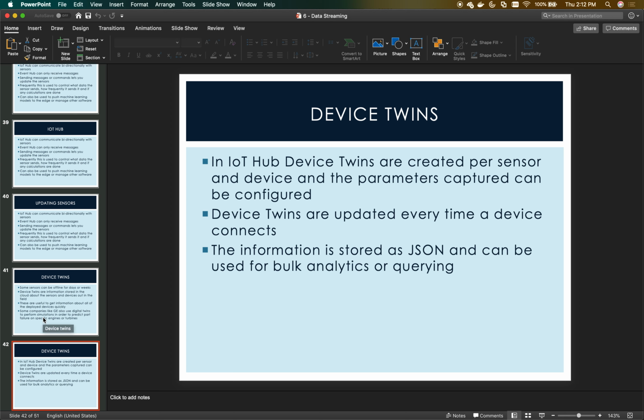In IoT Hub, device twins are created per sensor and device, and the parameters captured can be configured. And so basically IoT Hub does create this digital twin or device twin, and I can tell IoT Hub what I want to know about my device. Device twins are updated every time a device connects, and this data is stored as JSON, which we talked a little bit about, but it's basically just a very flexible